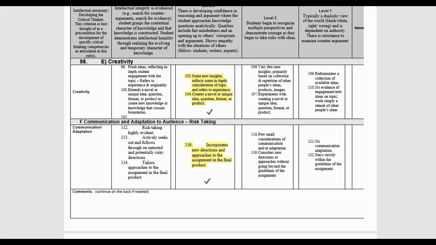The last section on communication and adaptation also deserves a 3. I believe the tone of this paper was more in the first person. It had a lot of references to I, and that, which I think is what was meant to be as a critique, being my first time actually doing a critique of this nature. So I believe I've incorporated new directions and approaches to this assignment, and I think just having more of an active voice in the way I communicated and wrote this paper might be some of the things that could bring me over to a level 4 on the next one.